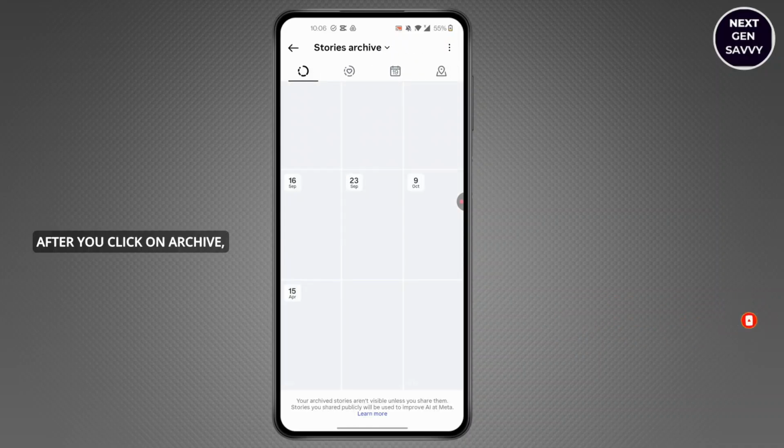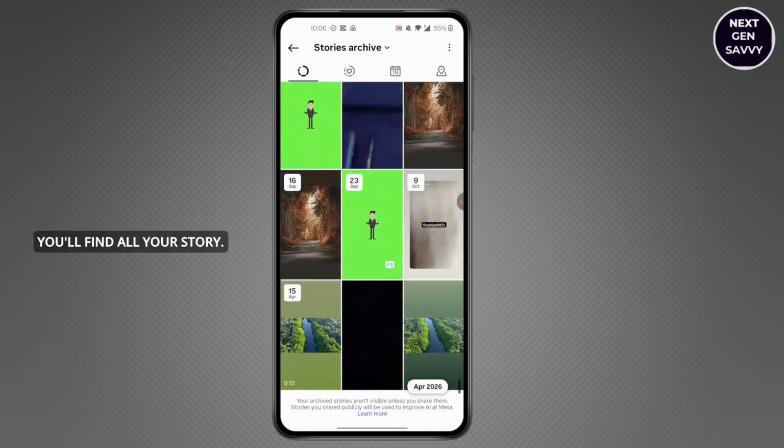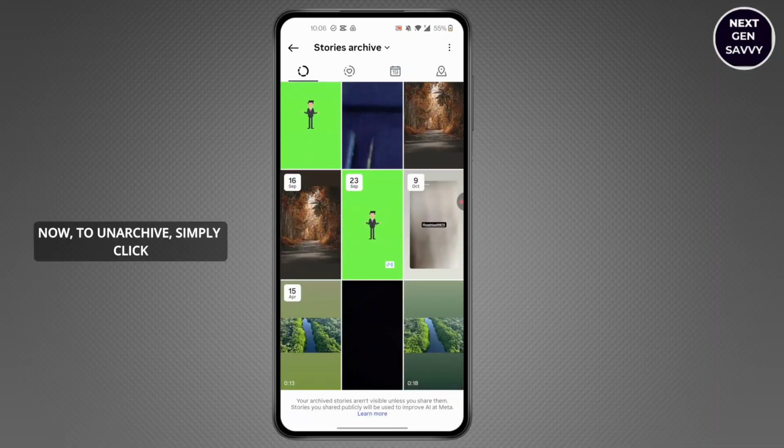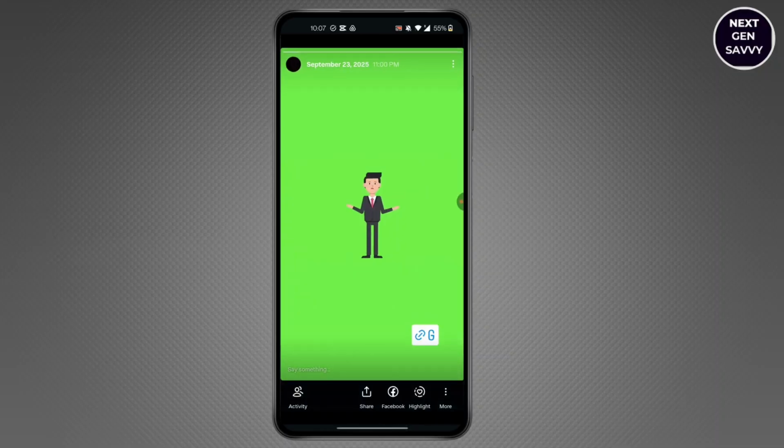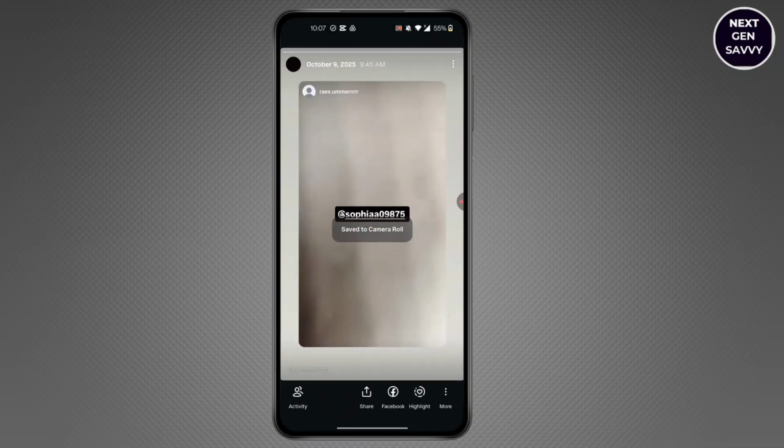After you click on Archive, you will find all these options. You'll find all your stories. Now, to unarchive, simply click on the story you want to unarchive. Click on the three dots at the bottom right. Here, there will be an option for save photo or re-add to your story. You can click on any one of them,